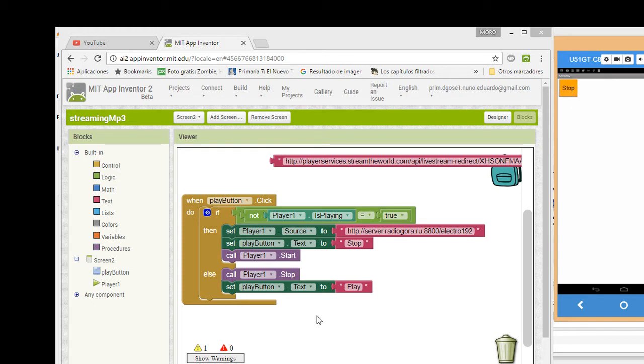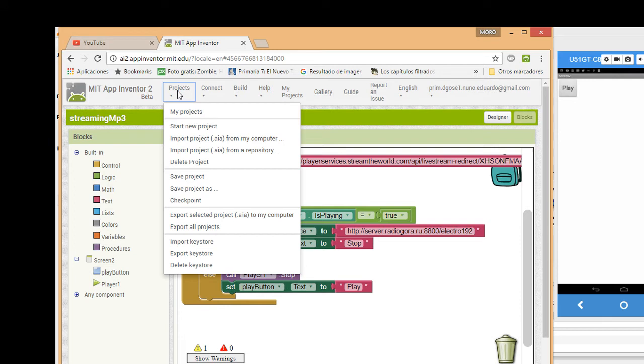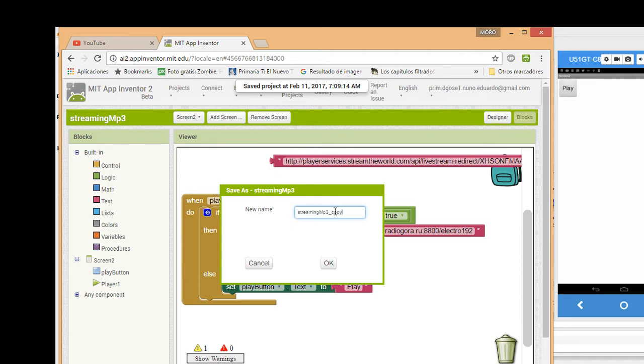Well, today we are going to improve some things in this because we need the volume. We need to control the volume and we need more things. So let's start. The first thing that we need to do, let's save this project as mp3 player